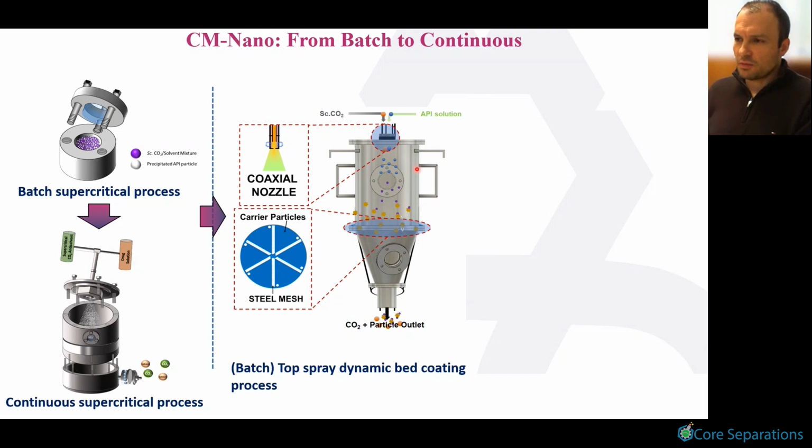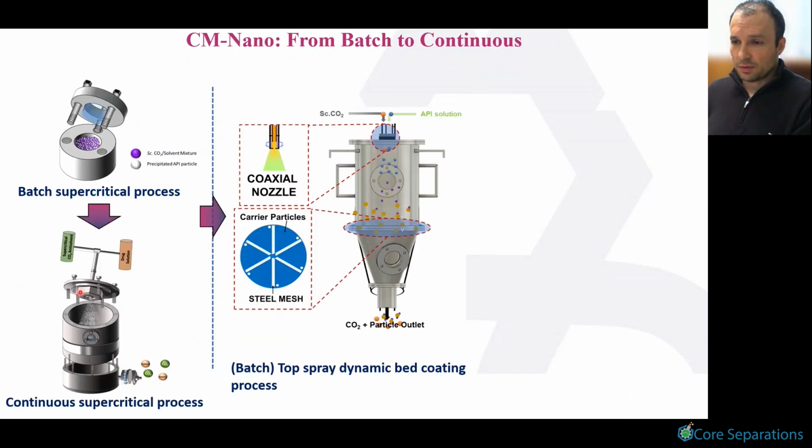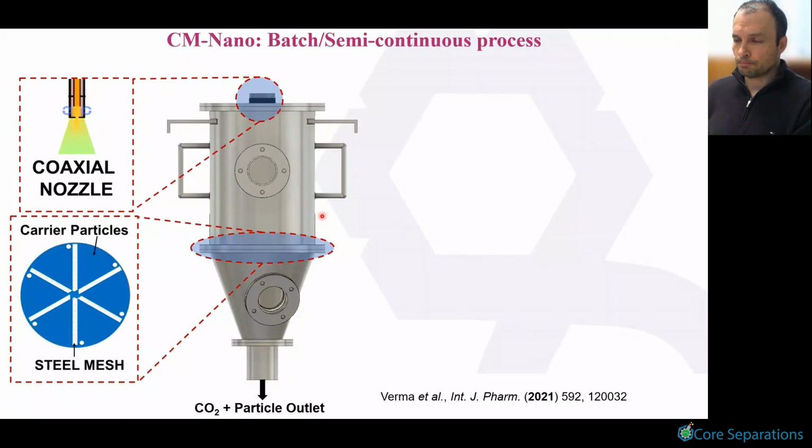And in this particular technology, we took our nanospray drying chamber and slightly modified it in a way that we are collecting our nanoparticles, coating those onto the surface of excipient particles. So just going through it in more detail, this is our spray drying process, very similar to this one over here. And the difference is